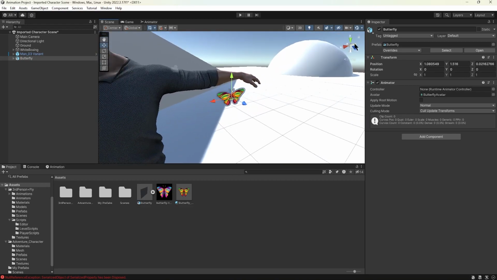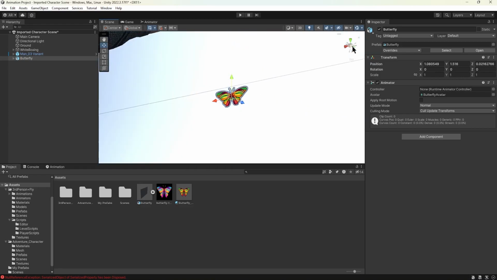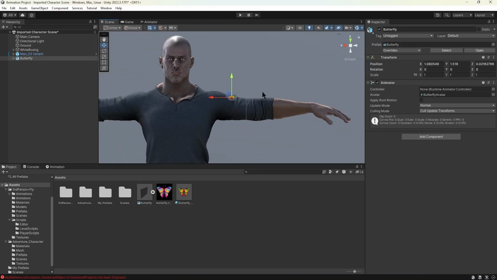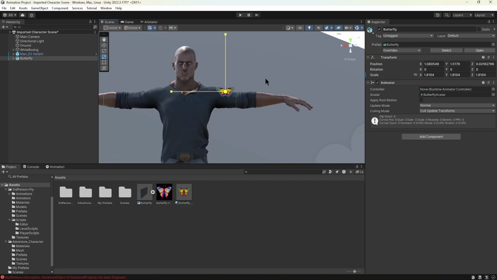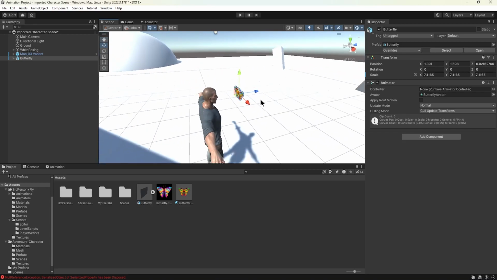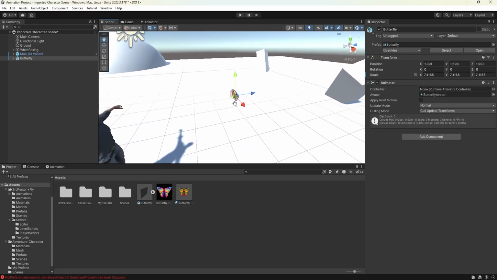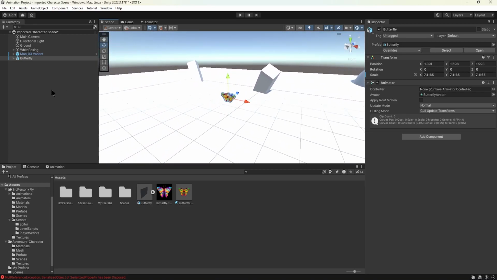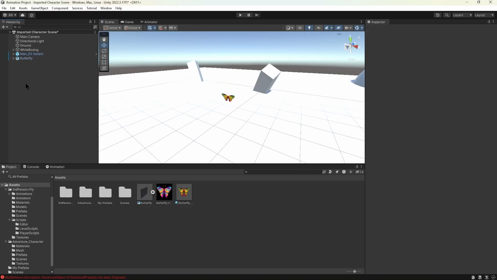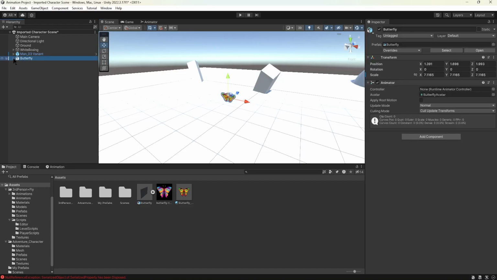Let's go ahead and properly size it. Go blue. I mean, it can be this size, but we want to actually be able to see it for demonstration purposes. So let's make it the size of the hand. Why not? Put it in front of the face. That way I can see this as soon as I start playing the scene. I'm going to put this a little bit further back. Perfect. Next,